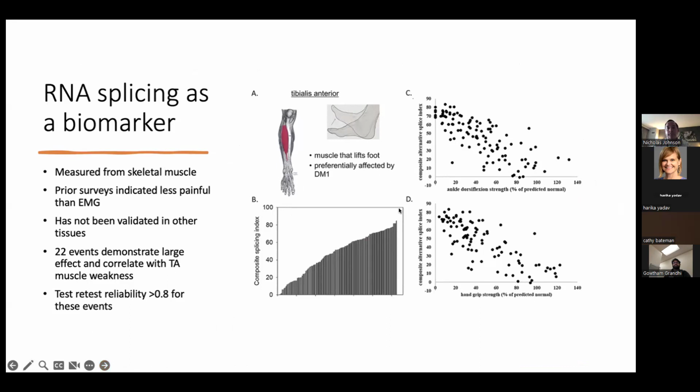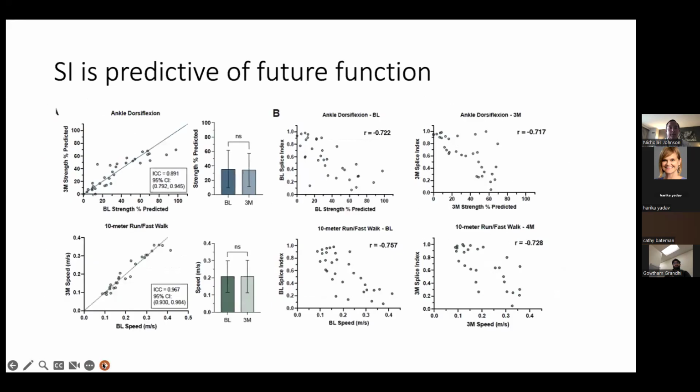And you can see here, look at the composite splicing index and ankle dorsiflexion strength as a percent predicted normal. There's a very strong correlation there. And then similarly, even if you're not biopsying, the hand strength actually has a good correlation with that splicing biomarker. What's interesting to us, and maybe a little bit unexpected, is that it's actually predictive of future function. So if you look at the correlation here between the baseline splicing and the 3-month strength predicted,